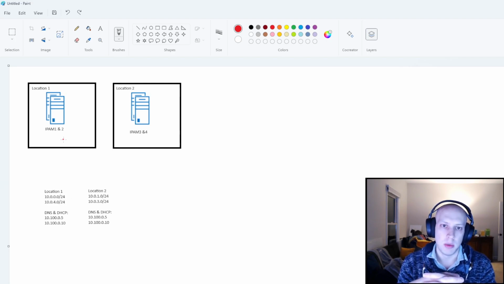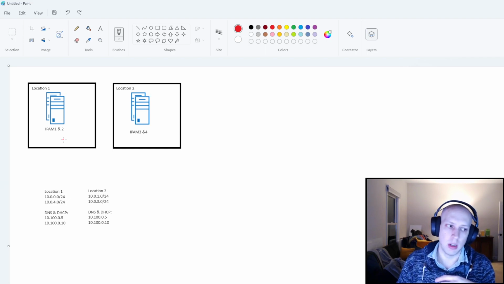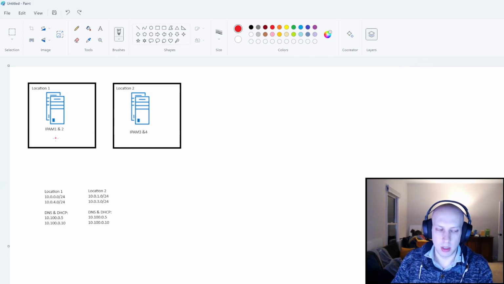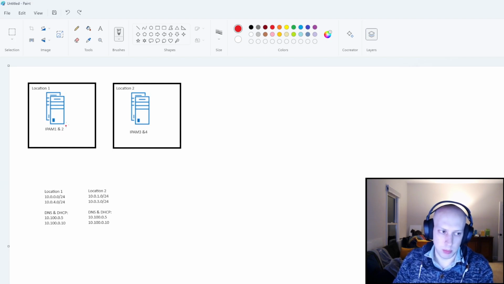So oftentimes you're at an enterprise, so you're not going to have just one because you want high availability, so you're going to stand up two instances, an A and a B side, at each physical location. That way, if you lose one instance at one location, the other one is still available to run. You can flip those back and forth for updates, and then if you end up losing one entire physical location,